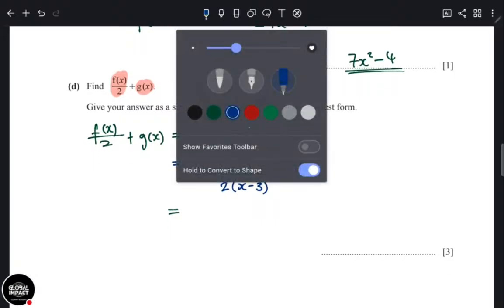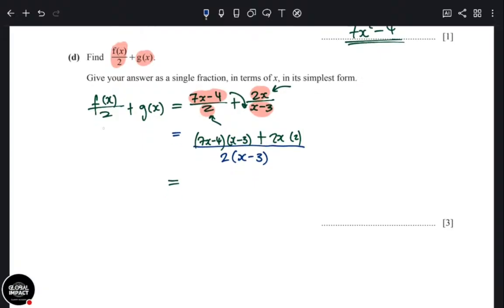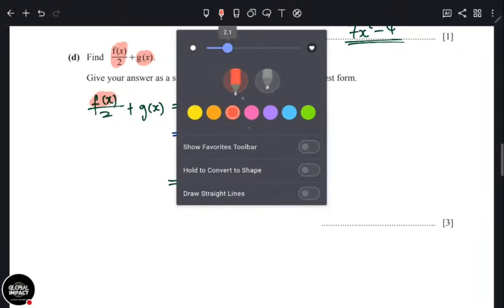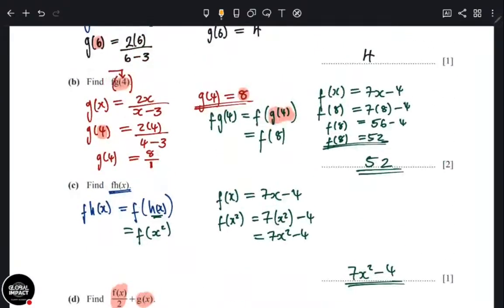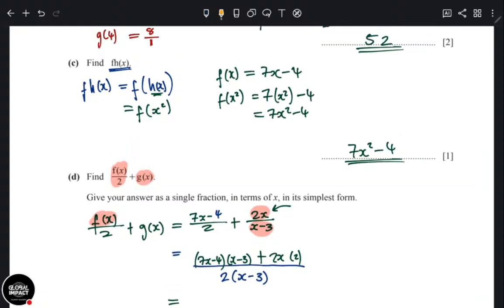So this was a lot of things. This is now algebra. We are now doing algebra from here. But the functions part was that where there is f of x, you put f of x. What is f of x, by the way? 7x minus 4. Where there was g of x, we put the g of x. Then we can continue. We have done functions. Now we continue with the other maths that we learned from other things.